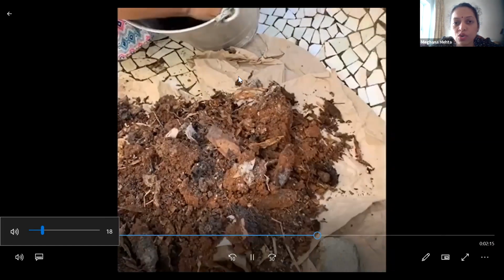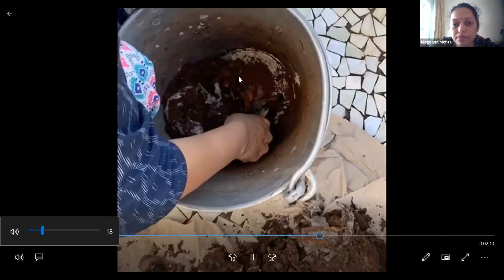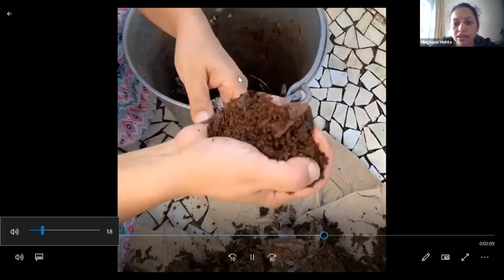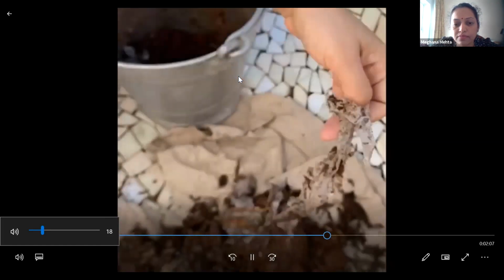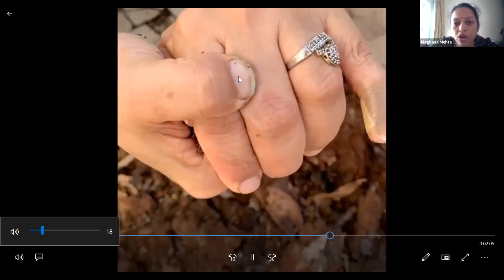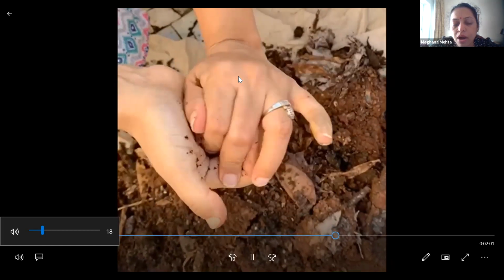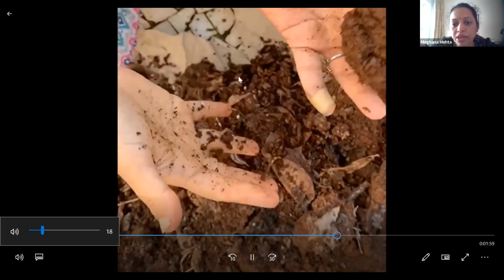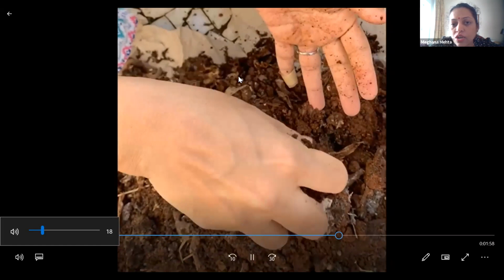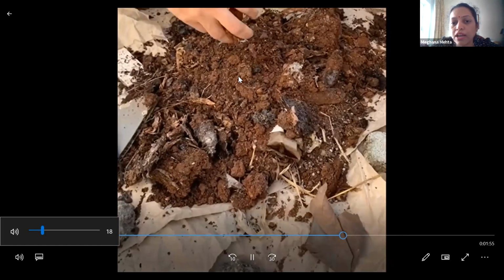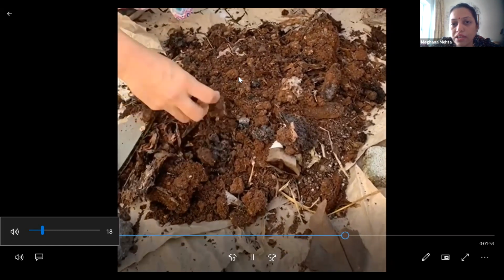Now I scrape off all the soil from the bucket. Now you see the consistency of the soil. See, I'm squeezing this soil, it is moist. It's becoming a ball. So this is the amount of moisture that is inside it. Neither is water squeezing out, but it's moist enough for me to make a ball out of it.